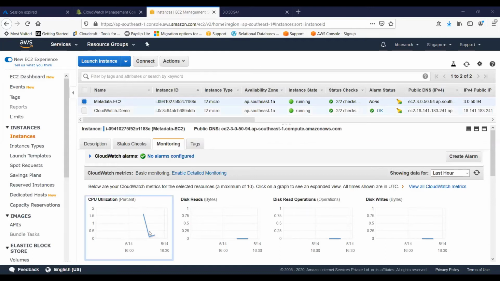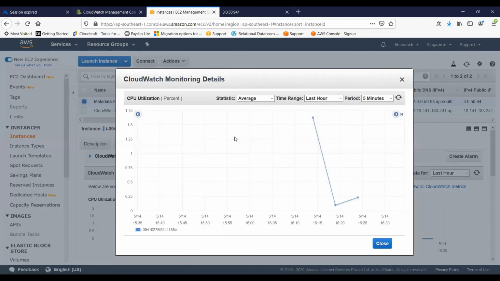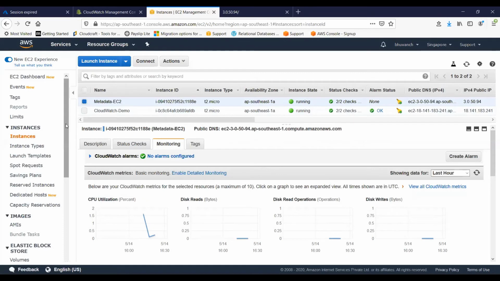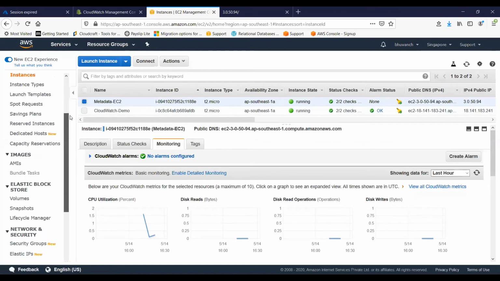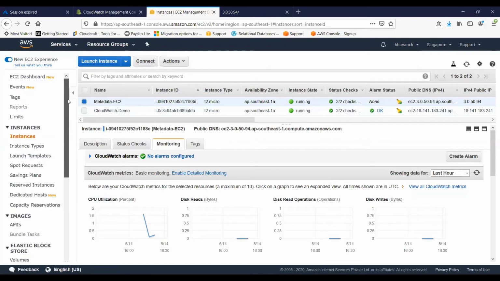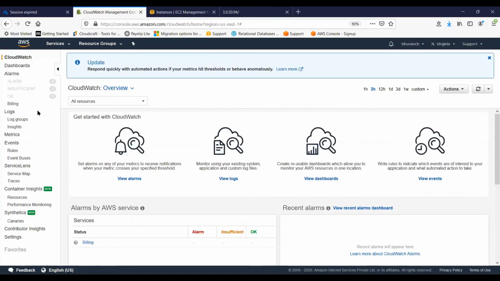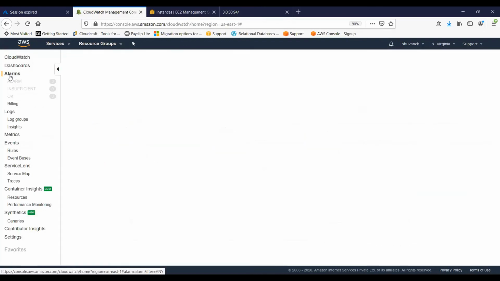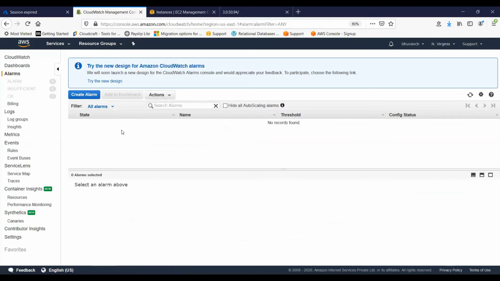Okay, so if we see that this thing is going down, down, down, I think that loop did not work properly. It's no longer able to give that load. So basically you can use another script as well, if you find one which can create some load on this. Where's the alarm gone?